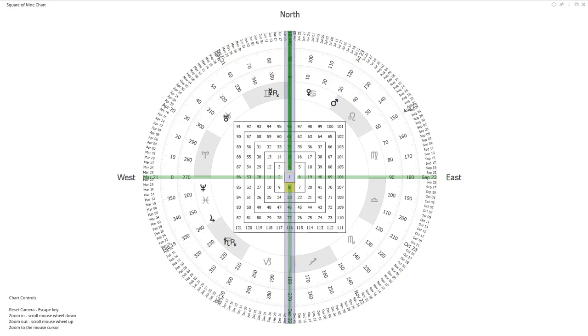Today I want to show you the square of 9 as it applies to gold. So this is the square of 9. You can see the numbers start with 1. They revolve outward. The first completion of the square is 9, which is where you get the term square of 9. Some people call it the Gann wheel. Different names for this thing, but basically the idea here is that you start at 1, and one complete cycle would